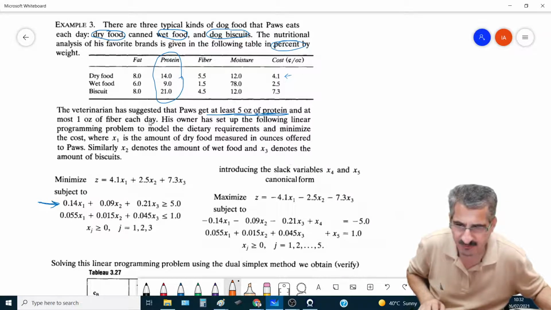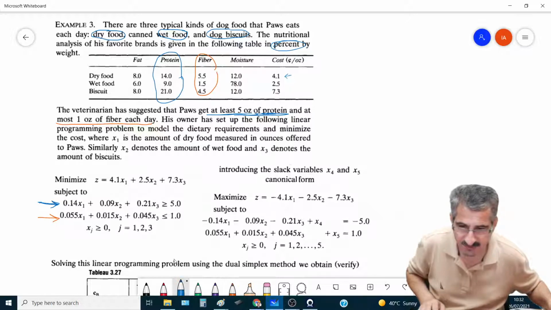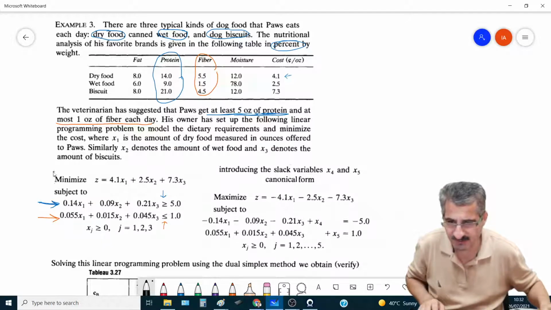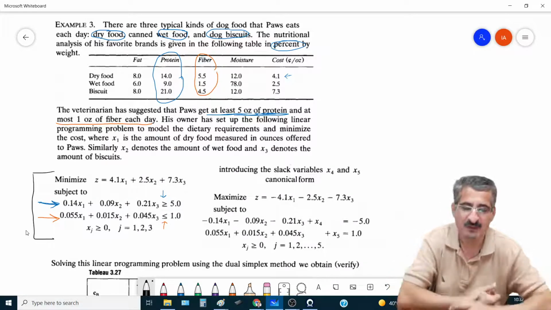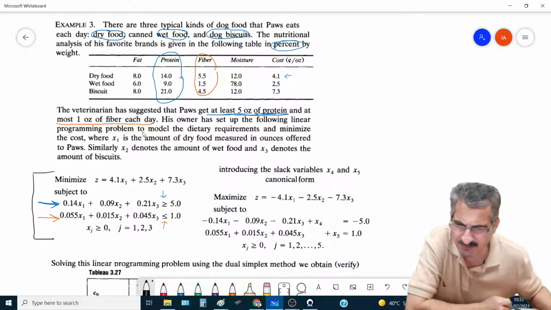Now, and at most 1 ounce of fiber each day. And this is the constraint because fiber is here. And we have at most. See, here we have greater than or equal, but here we have less than or equal. So this is our linear programming problem. Now his owner has set up the following linear program to model the dietary requirements and minimize